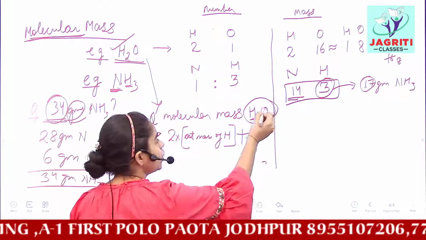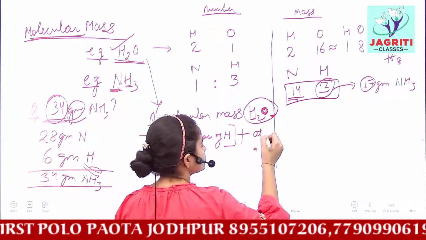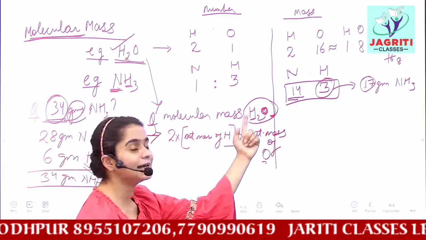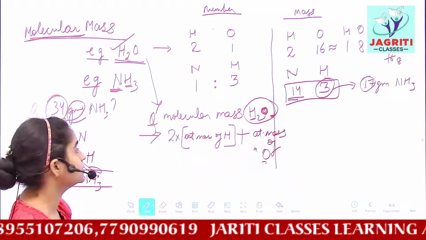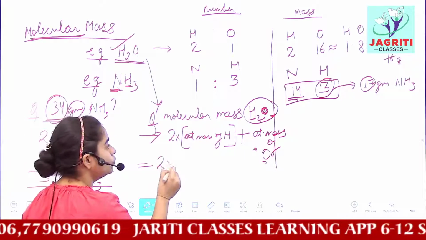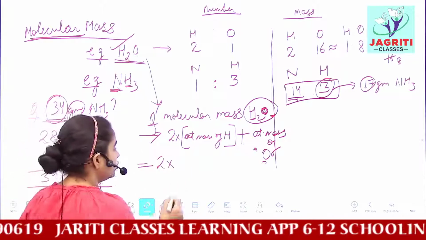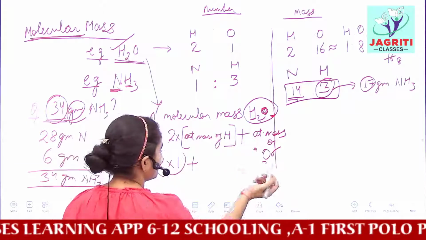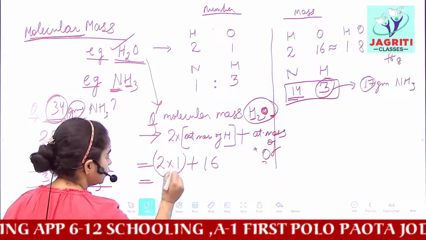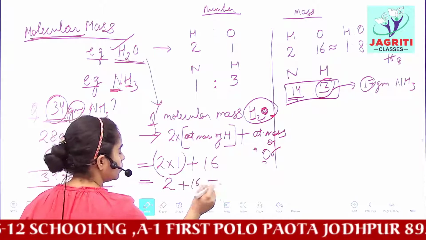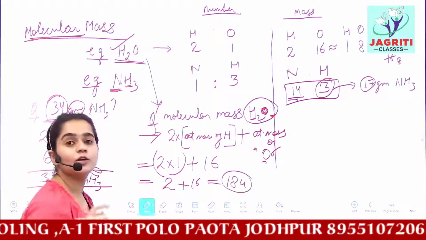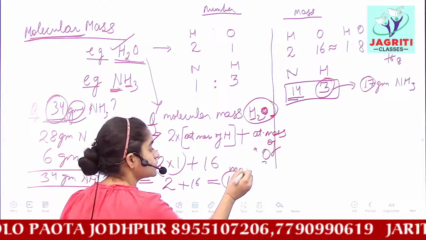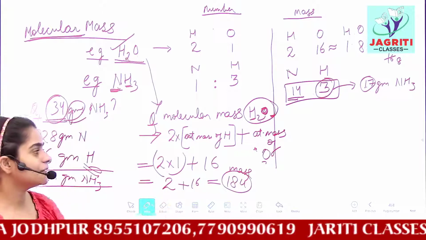Plus the next atom is what? Oxygen. So we have the atomic mass of oxygen. If we add all the atomic masses given in our compound, then we would get the total molecular mass. So this implies 2 into the atomic mass of hydrogen, which is 1. So we get 2 into 1, plus the next atom is oxygen. It is only 1 in number. So the atomic mass of oxygen is 16. Then we get 2 ones are 2 plus 16, a total of 18 units. So a single molecule of H2O has a molecular mass of 18 units. I hope this is simple.